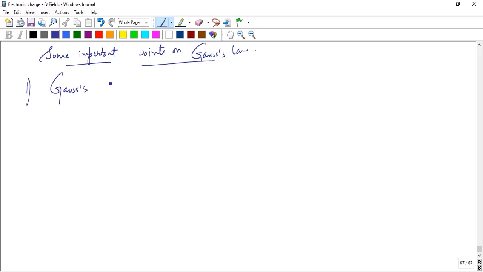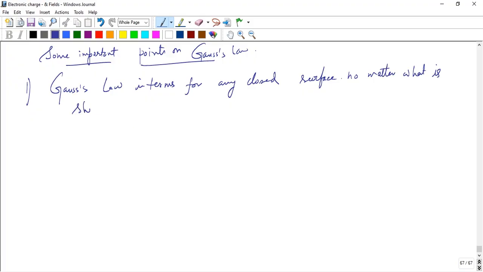This law is true for any closed surface, no matter what its shape and size. Number two,